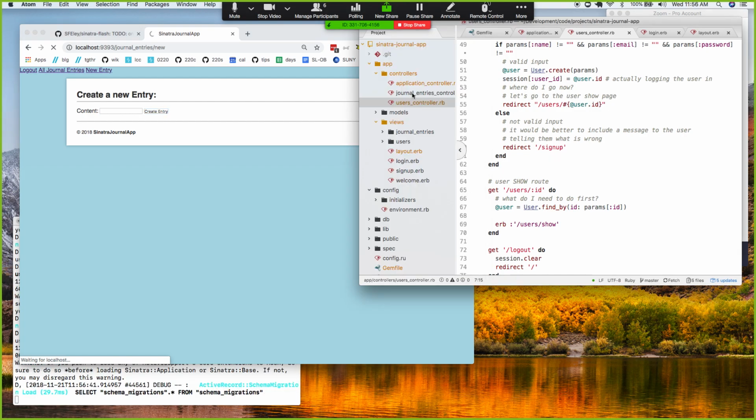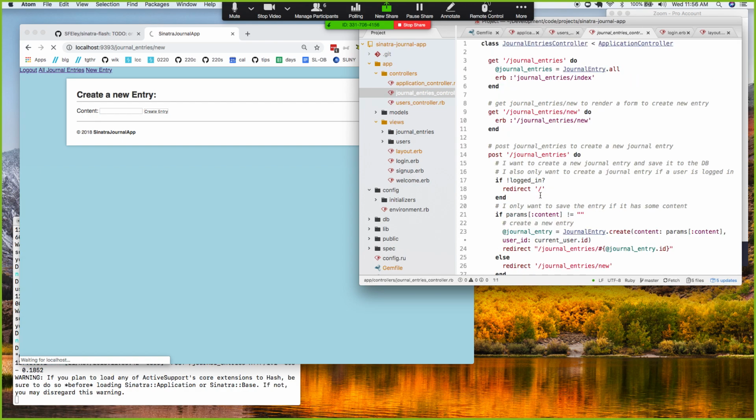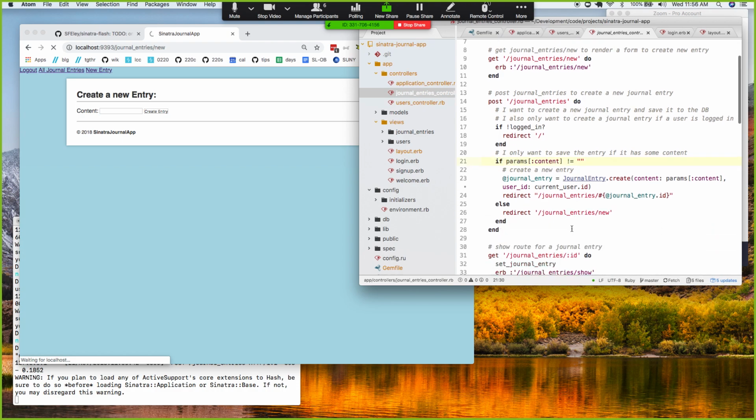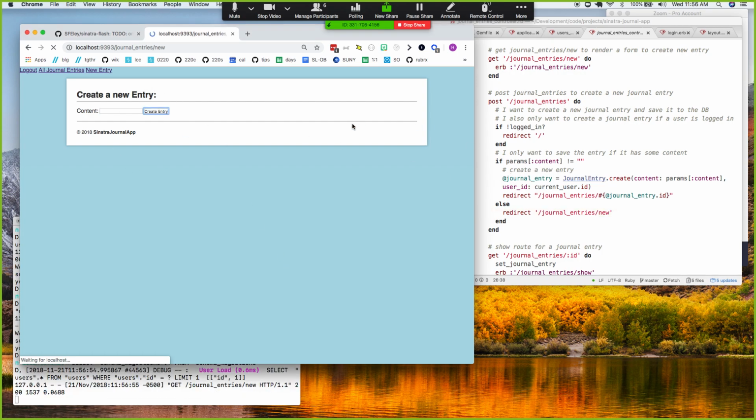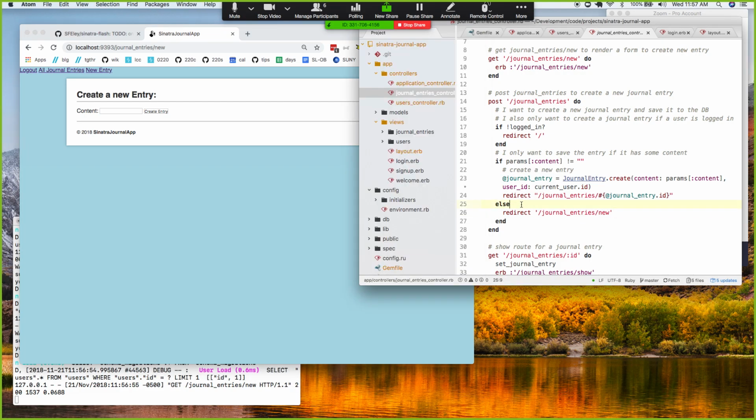Let's find my journal entries controller. When I sent that post request with an empty content, then here's where I'll land back at the form, but I didn't get a message. So what I have to think about when it comes to where I want to build my flash messages is where's the logic where I end up when something goes wrong, if it's a failure message, or even when something goes right. As an example, if I fail to create this journal entry, then I'm going to say else, I'm going to create a flash message that says